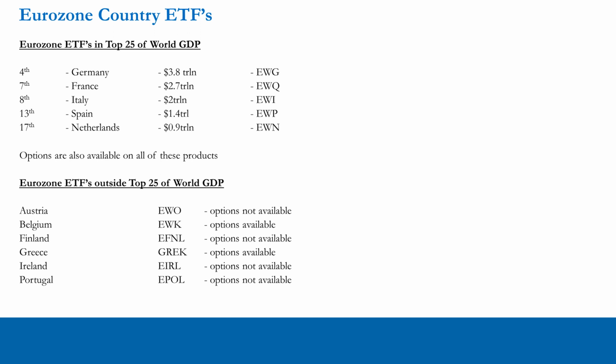But it just means in places where you don't have options available, you're just forced to trade the underlying product, the ETF itself. So you can't get much more leveraged positions on for the directional bias that you have for these countries. Where you've got options available, obviously you can have leveraged bets on the underlying products, and the upside can be quite large if you have a look at this in detail.